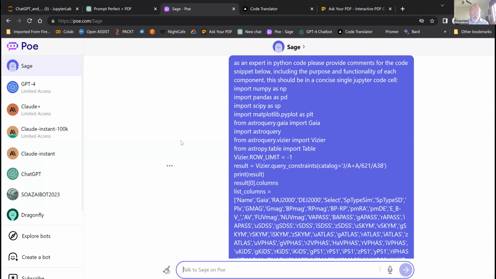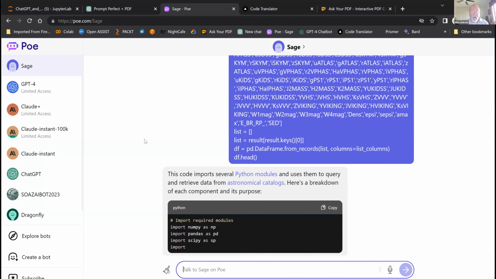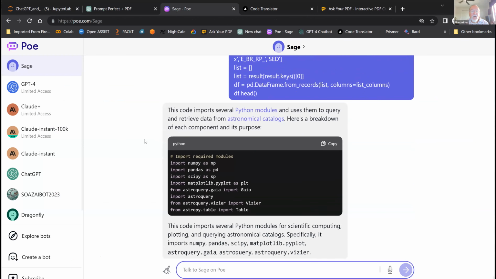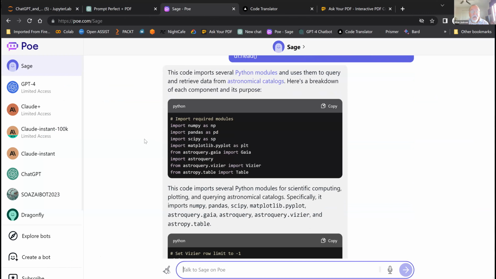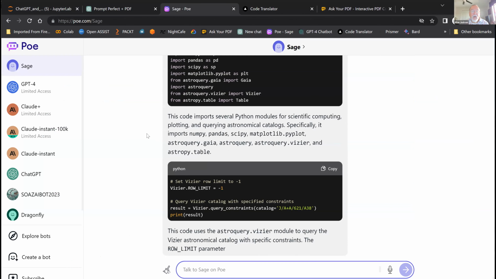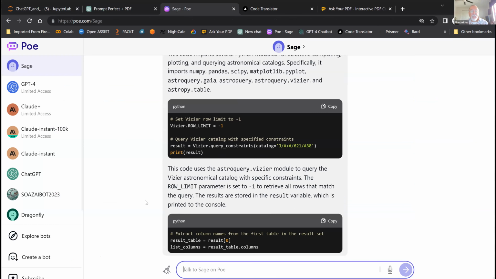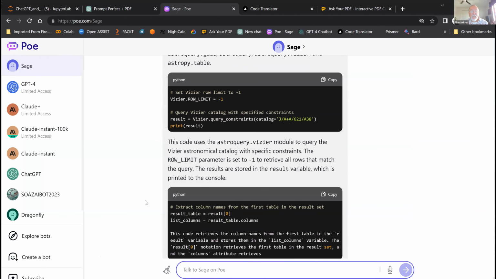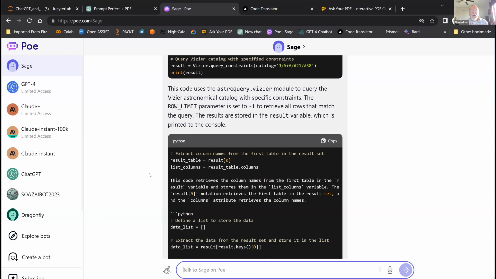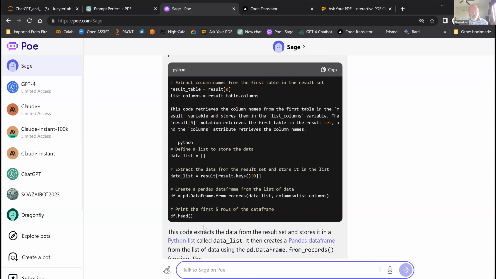And of course, the purple again is my input. Not very highly commented, but okay. So it's explaining what's going on inside. It must be very near the token limit because it's slowing way down.